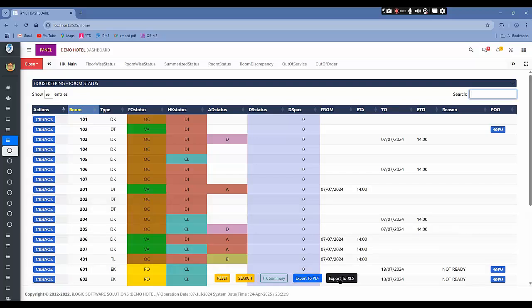And on the bottom you see the export to PDF, export to XLS. So the same list of the rooms with this status, it will export to Excel, export to PDF as a report. Okay, and housekeeping summary, because here